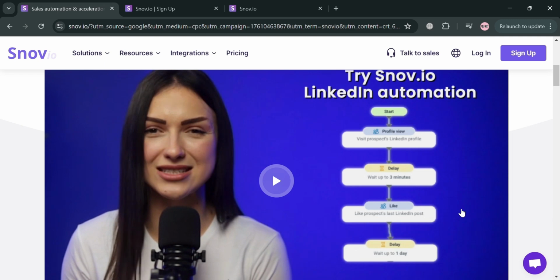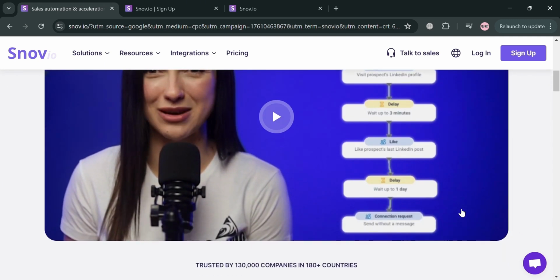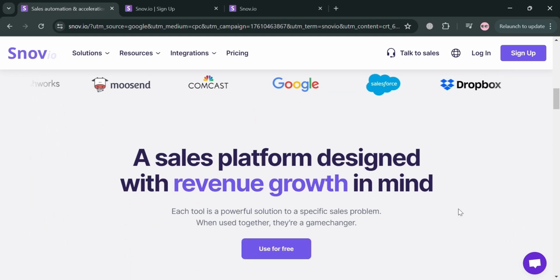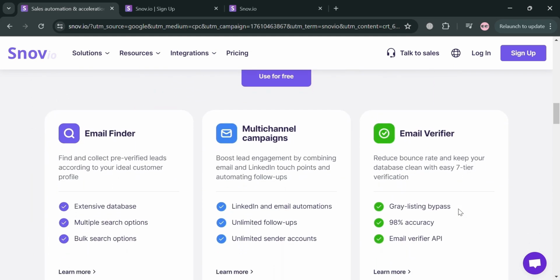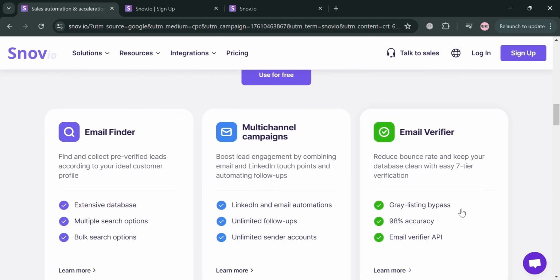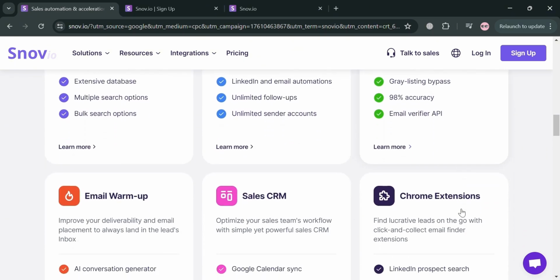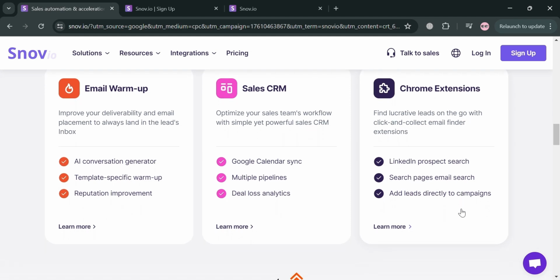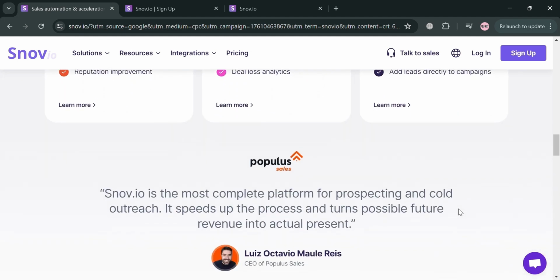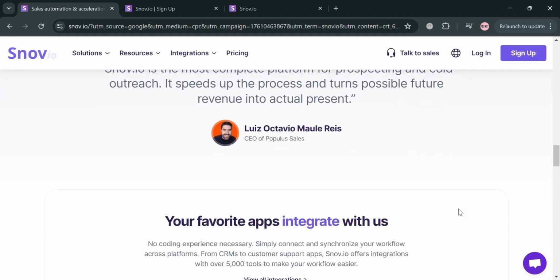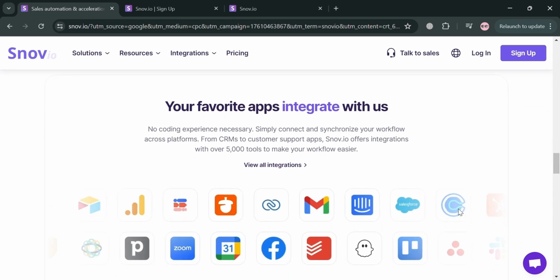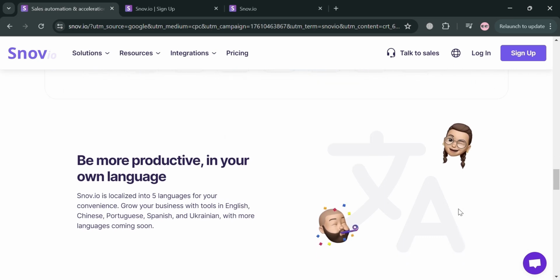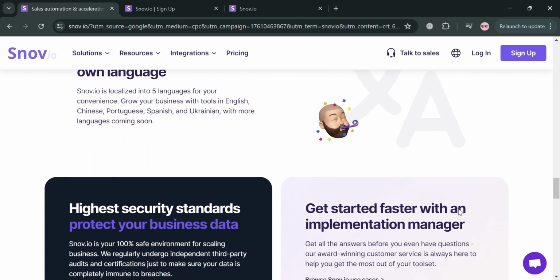But before that, if you don't know what Snowview is, it is a comprehensive email outreach platform that offers a range of features to help users find, verify, and reach leads. The email finder tool allows users to collect email addresses from any website, while the email verifier ensures that the collected emails are valid and deliverable. It also provides email drip campaign features, which enable users to create automated email sequences to nurture leads. The platform's drag-and-drop editor makes it easy to build complex email sequences, with options to personalize messages, set triggers,